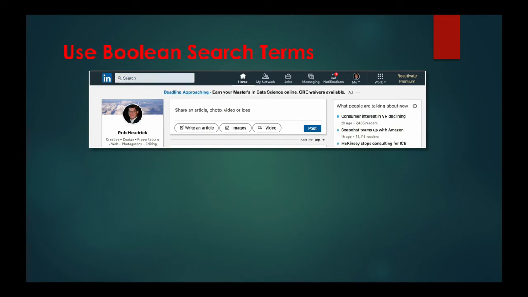Let's say, for example, you wanted to find someone who was an expert in presentation design, and you used that as a key term in your search. Your search results would show anyone who has the words presentation and design in their profile, even if the two words were located separately. By adding quotes around presentation design, your search results would only list those who had the